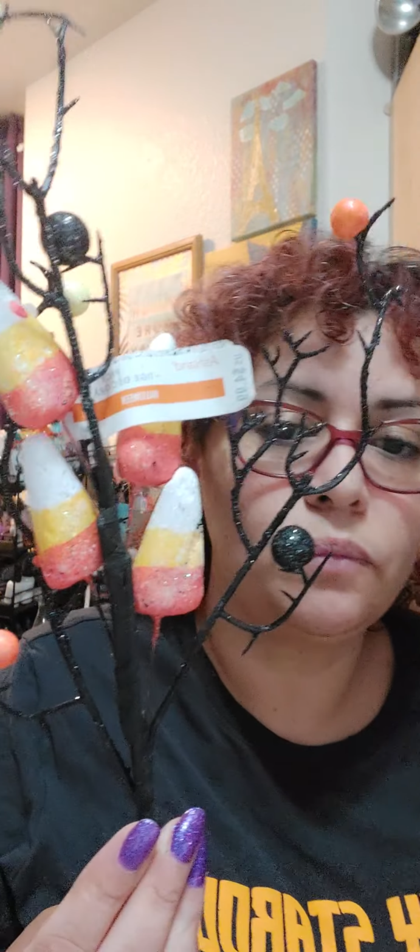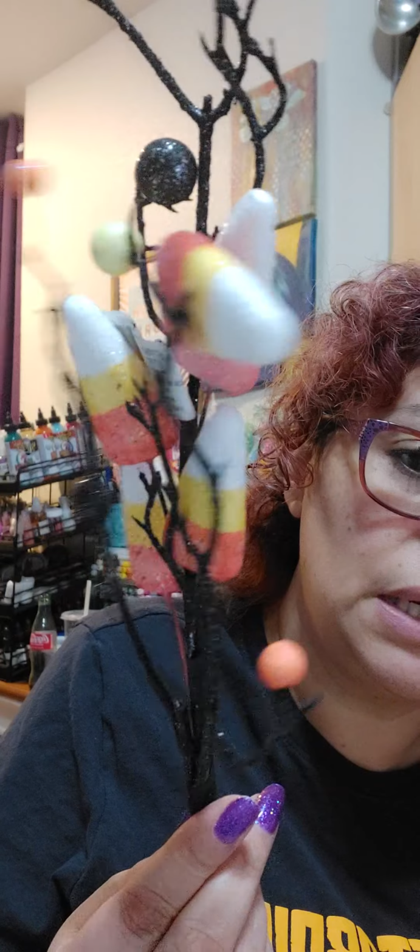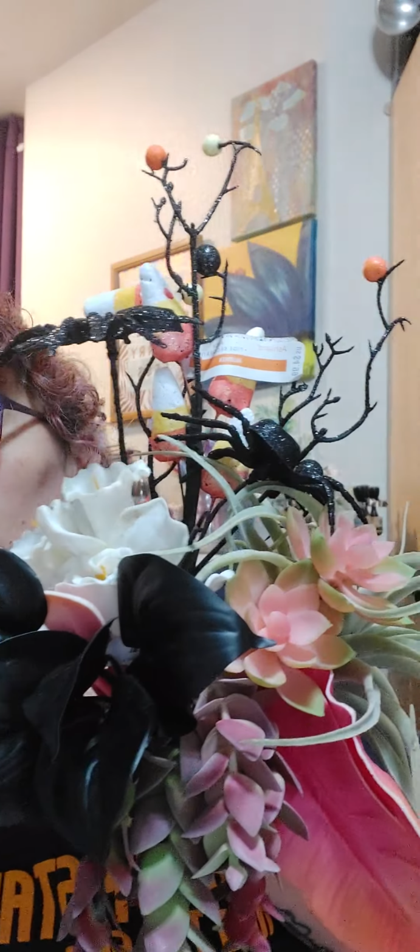Because I like pretty Halloween. I'm a pretty Halloween person, and this is why I chose these colors, inspired by the orangey pinkish, because at Michael's they had these picks. And it's not a trick of the camera, but do you see how that orange at the bottom is like a pinky orange for all of these little candy corns? So that's what inspired these colors, because I think it will match pretty well, especially with